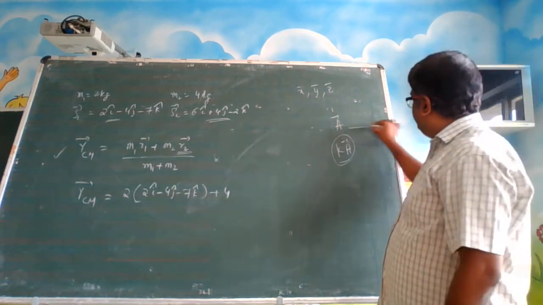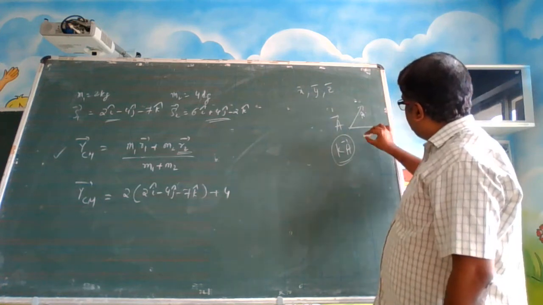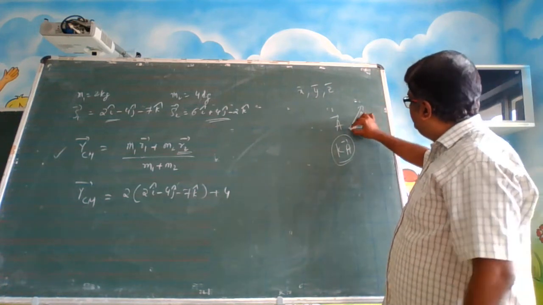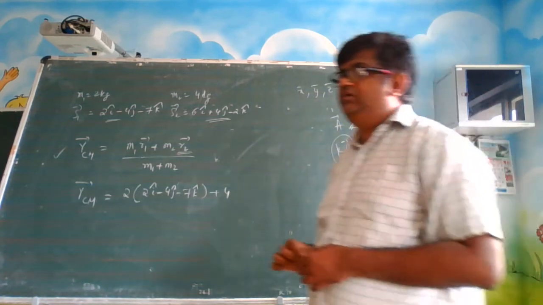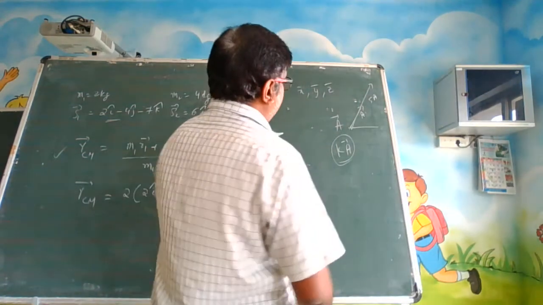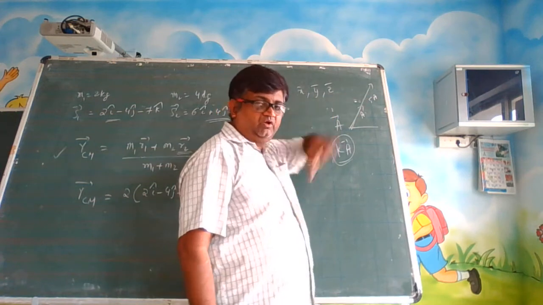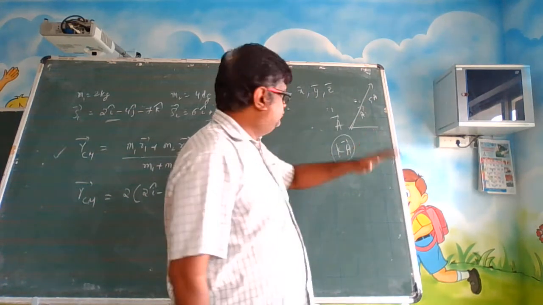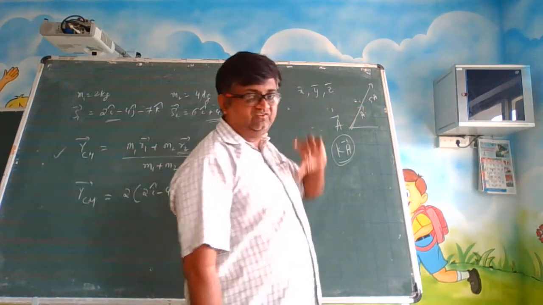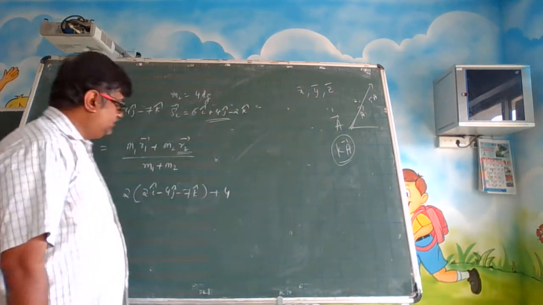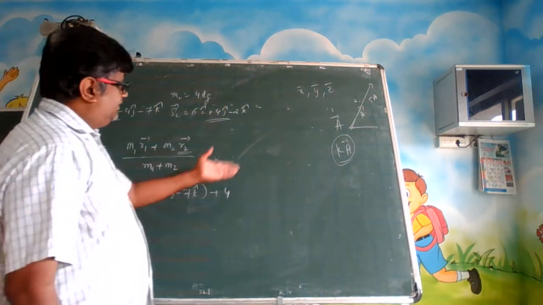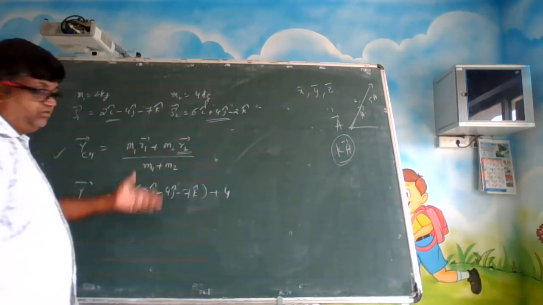If a bar is shown like this and you multiply it with 5, only the length will increase, it will become 5a. If you draw it on a graph sheet, a bar was the original magnitude, you multiply with 5. So in the graph, if you had drawn 1 centimeter, you now have to draw 5 centimeters. That is the meaning of it. And mind you, m1 and m2 are always positive.